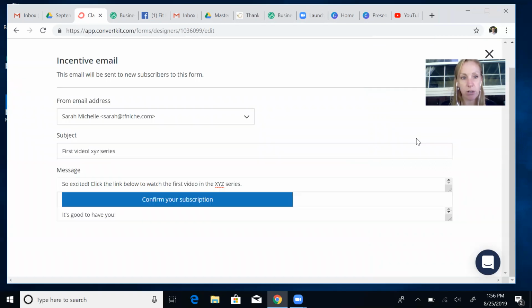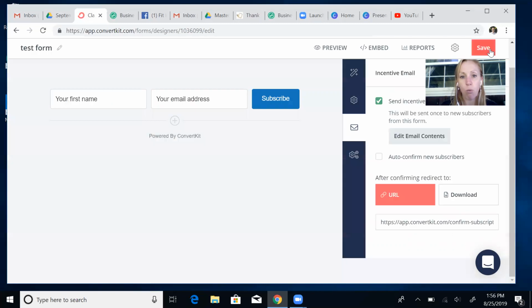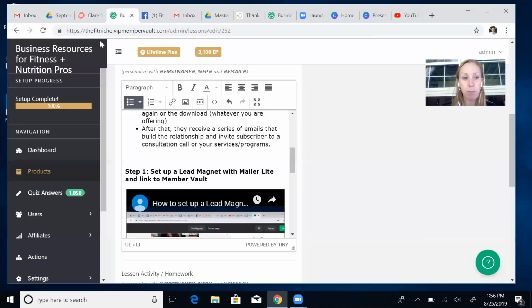We can just double check that it's all saved. Good, okay. So then, right here, after confirming, so once they click that button, we are going to redirect them. So this is where you're going to send them to their first video in your Member Vault account. So if I go over here to Member Vault,